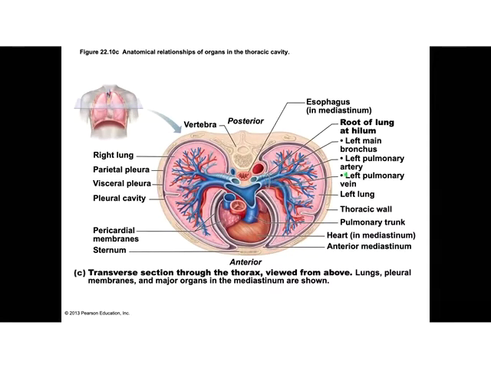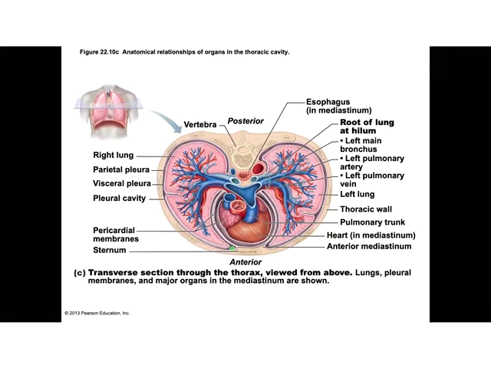So this is a transverse section through the thoracic cavity. You could see the right and the left lung here, right? These are the pulmonary arteries, and the red are the pulmonary veins. Remember, the pulmonary veins return oxygenated blood back to the left side of the heart. And then you can see the pleural cavity, right? This is the parietal pleura, and then the visceral pleura clings to the organ, and between it is the pleural fluid, and that lubricates the outside of the lungs so that you can inhale and exhale without irritation, inflammation, and